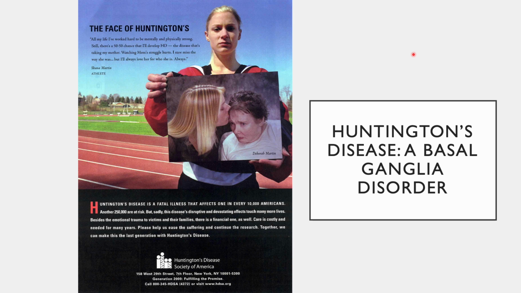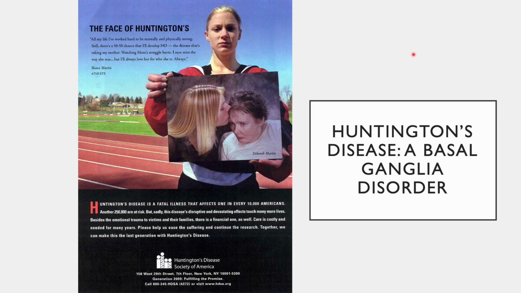Huntingtin proteins can accumulate together and trigger neuronal cell death in the basal ganglia. The function of normal huntingtin protein is actually still unknown. Researchers are still trying to see what it does in a normal, healthy brain, but in a disease state, it can trigger this programmed cell death in the basal ganglia. So thus, basal ganglia disorders like Huntington's disease can affect motor movement and prevent motor neurons from doing their job in this